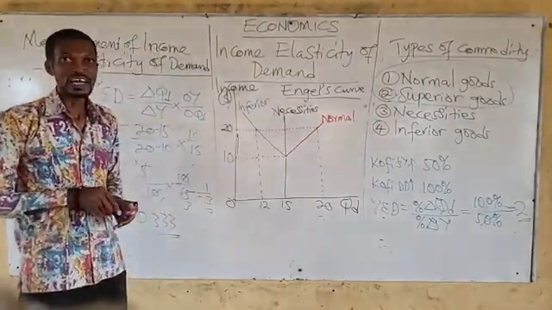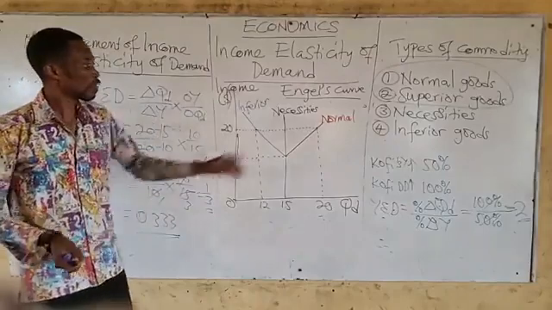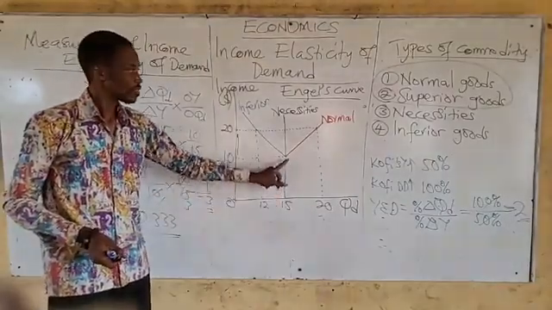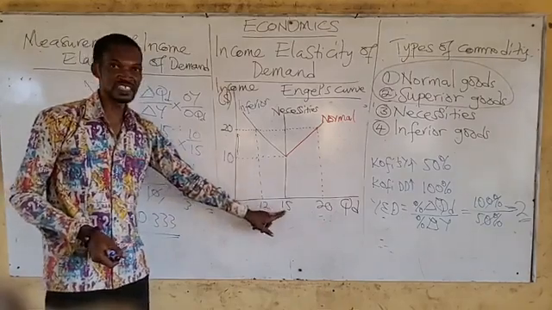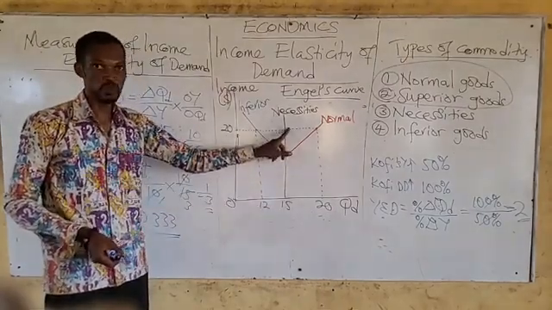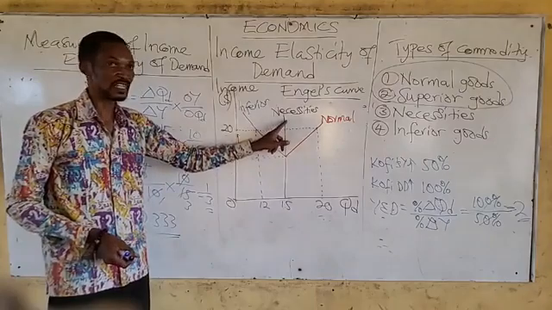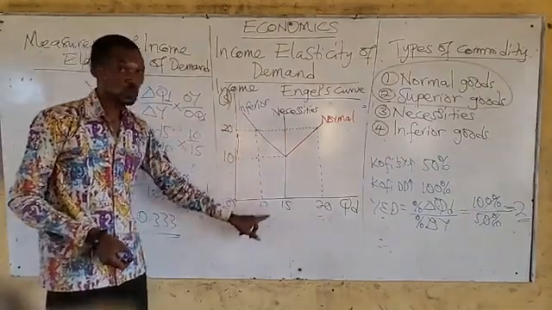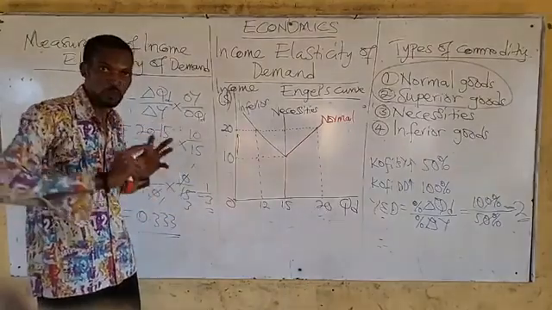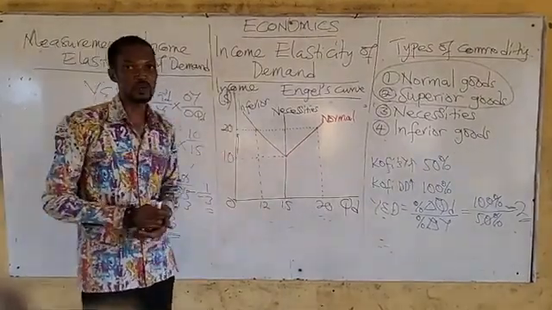That's it. And I can assure you, use the same formula. Calculate for this one. Calculate for the necessity. You realize that you have a change here, you don't have any change here, the change will be 0, and your answer will be equal to 0, and therefore the commodity is a necessity. Use the same formula, calculate for this one. You realize that you have a negative coefficient, the answer will be negative. That means that it's an inferior commodity.